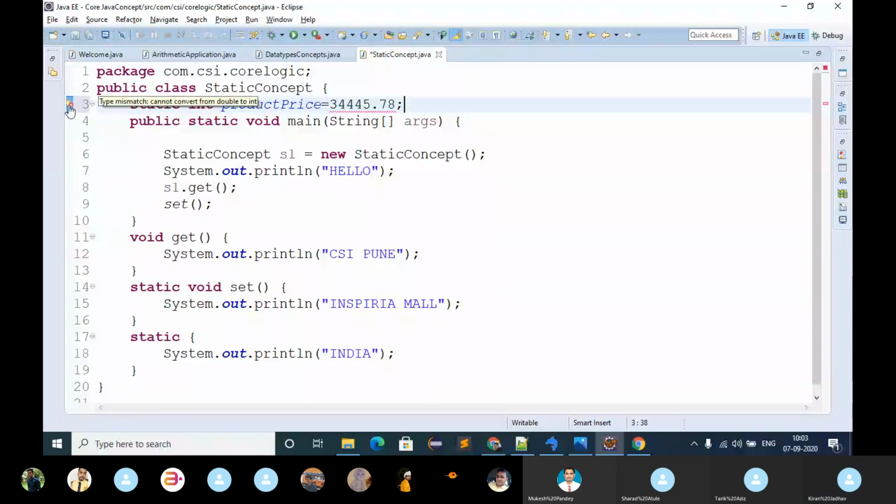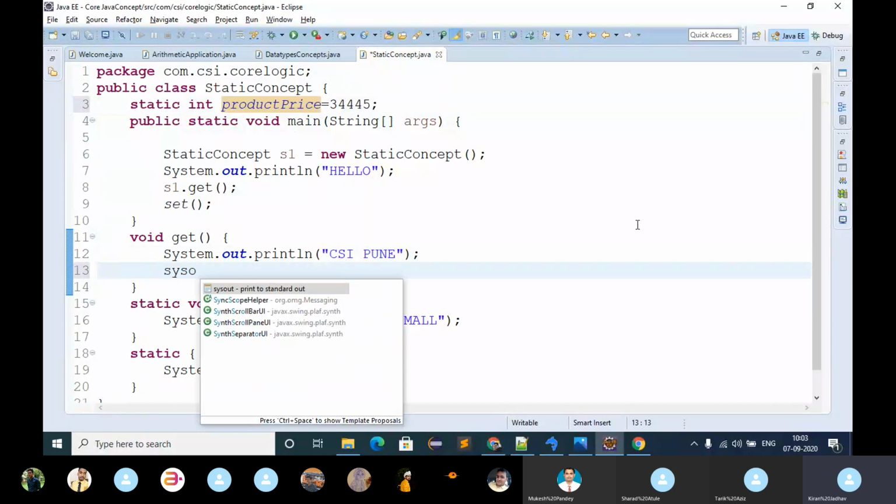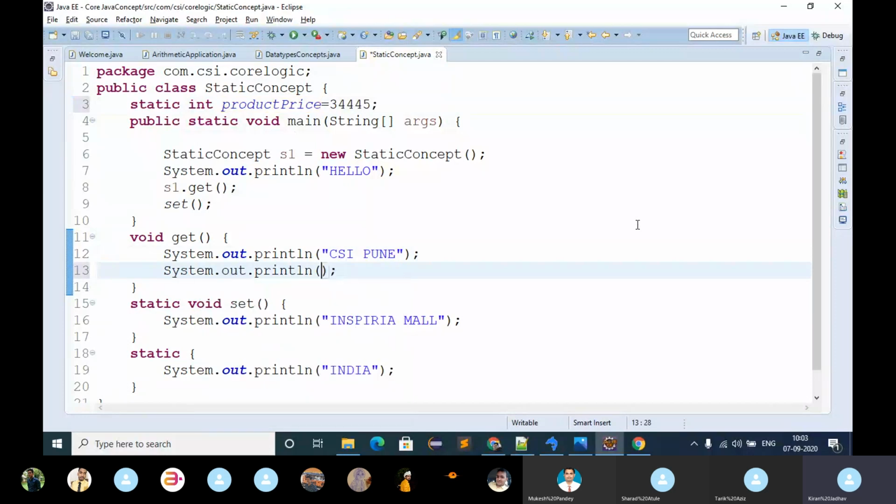See one screen. We do not need double, it will be int only. Right now there is no error. We have declared static int product price, but this product price I want to use in a non-static method, right? Here I am going to write System.out.println product price.